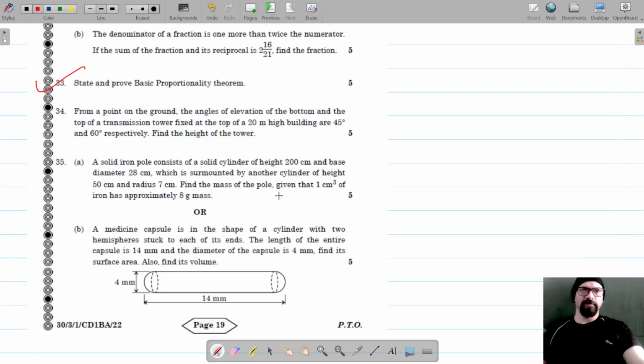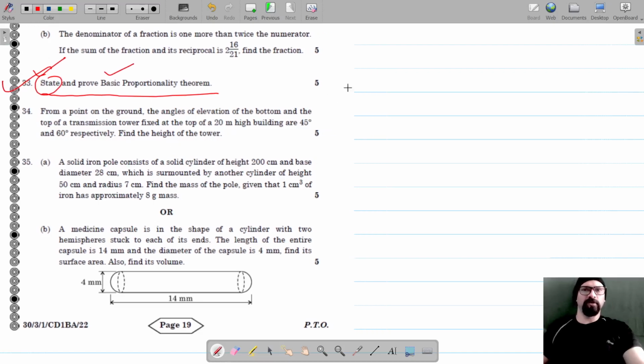For question number 33, we have to state and prove. State means we have to write the statement and then write the proof. These are 5 marks. So this is the basic proportionality theorem. And we know that it states